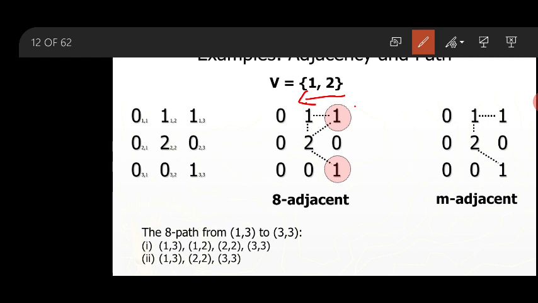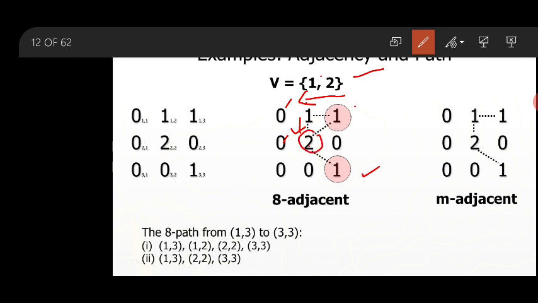Now where I am right now, I am in position 1 2. Where do you have to reach? You have to reach 3 3. Now which are the neighbors of this one? 0 is a neighbor, you can't go because it is not from the set V. 2, yes, you can go. So you reached position 2 2. I hope you understood. Now in which position are you? 2 2. Now which are the neighbors of this pixel?